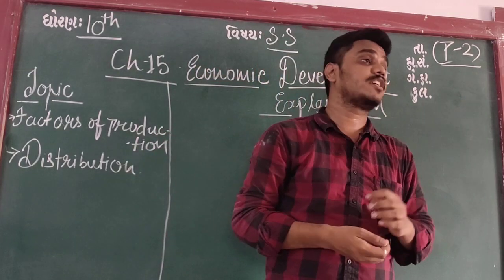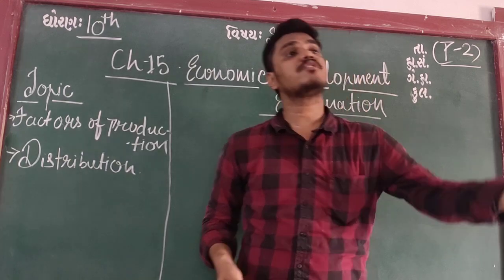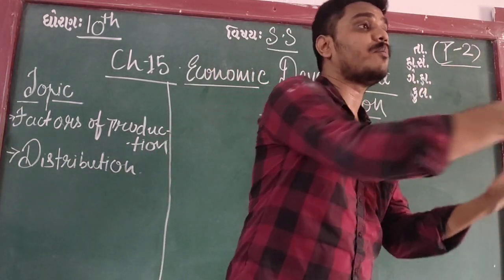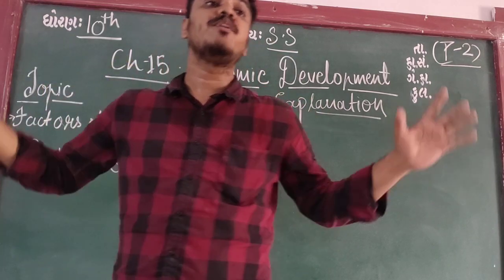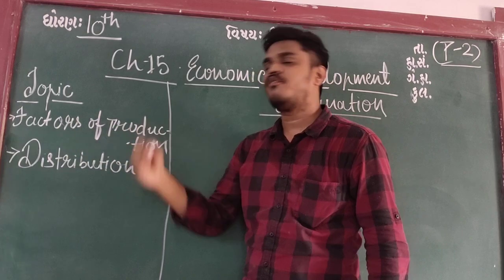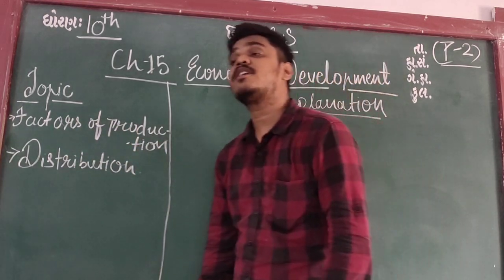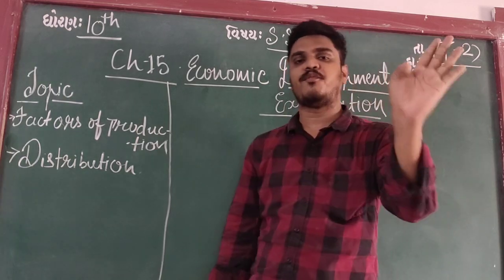He or she has a skill in all these, carrying out the activity and earning money from labor, from capital, from land by doing some extraordinary work. So these were the factors of production. And the important thing about the factors of production is that you have to memorize all four parts.